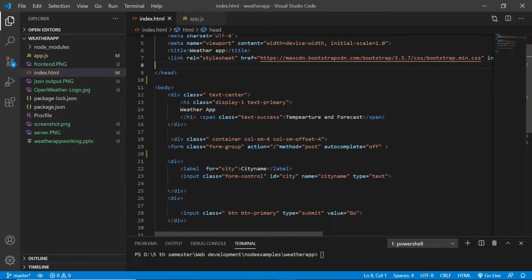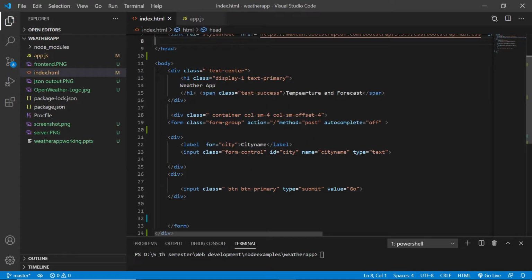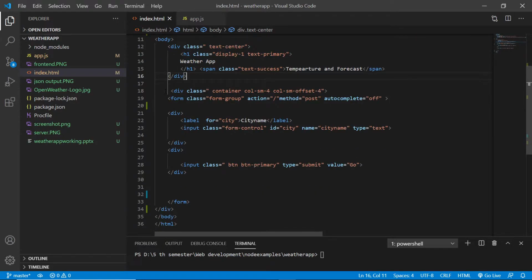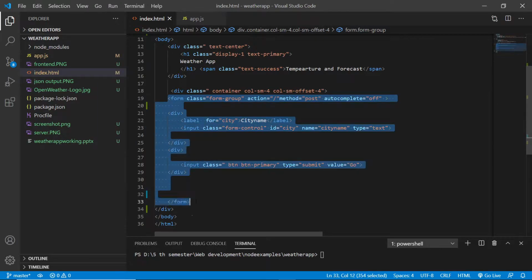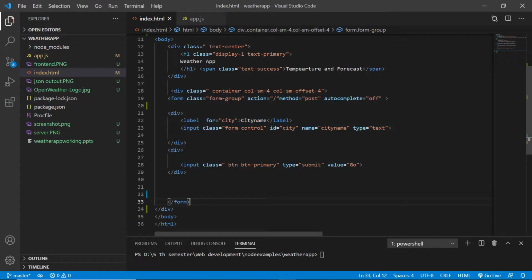So in the body section, what we have done is we have created a heading and a span element which is saying just temperature and forecast below the heading, and we have wrapped it inside the div tags, right? And also we have created a form, and we wrapped it inside a div tag. So these are the various classes belonging.